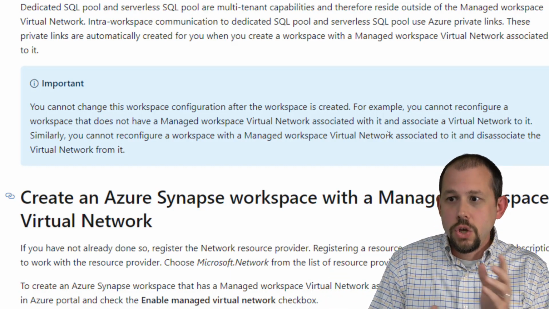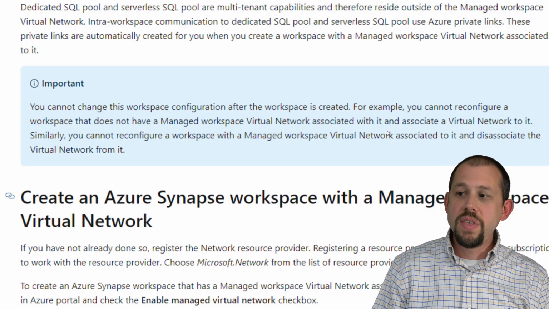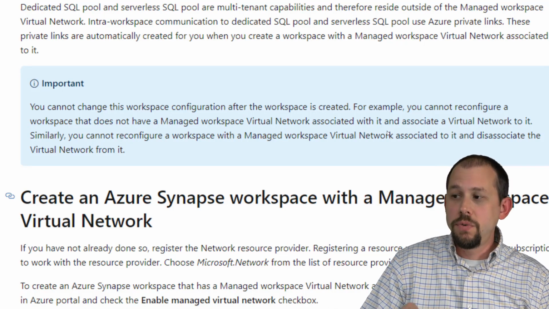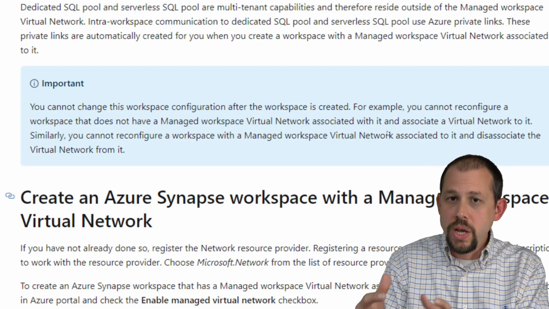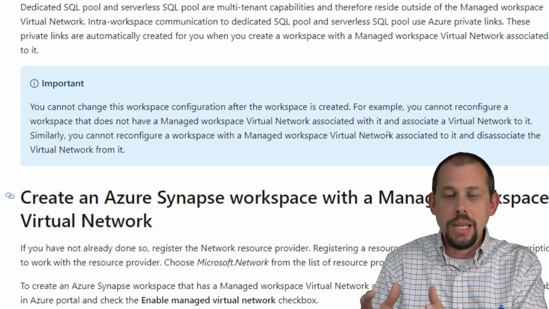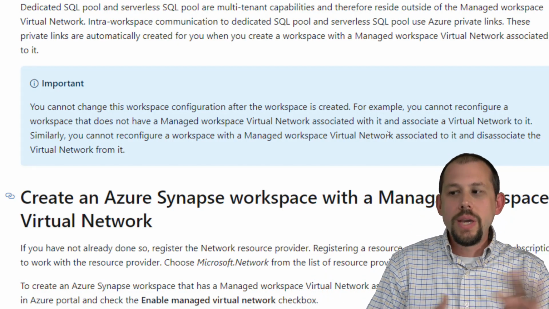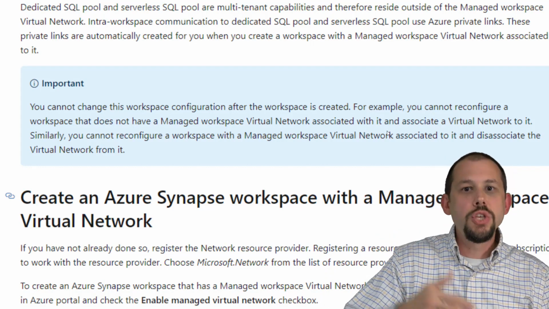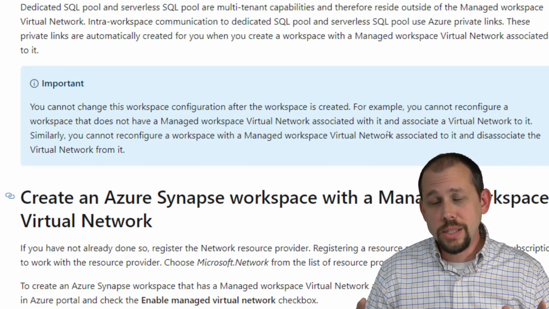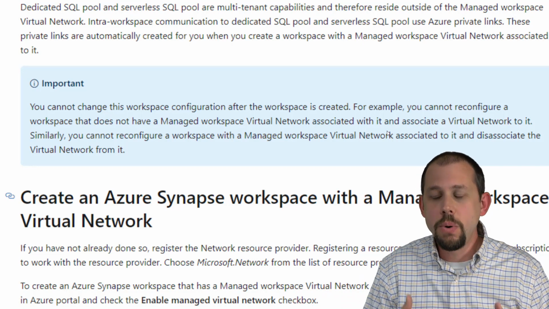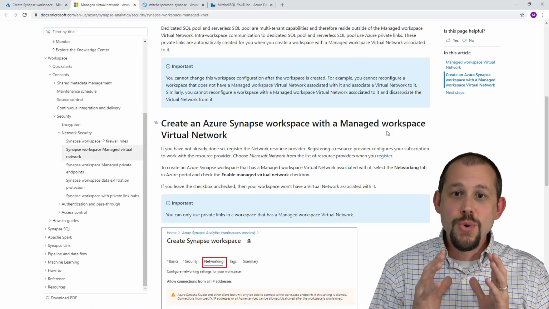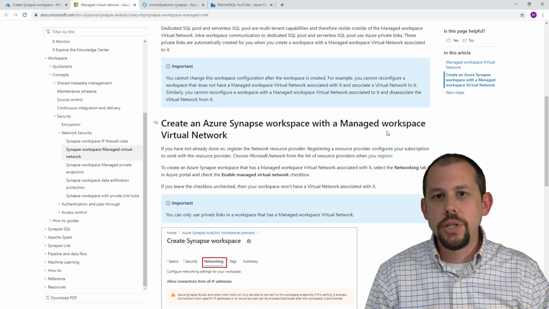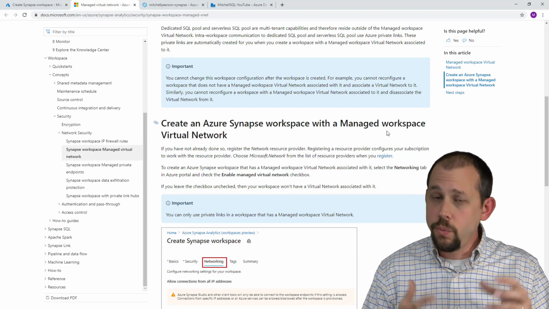Alternatively, you cannot reconfigure a workspace with a managed workspace virtual network associated to it and disassociate it. So if you create it with a virtual network, it's there, it exists, it lives. That's just the way it is. You can't get rid of it. And if you create it without it, you can't add it. I don't know if this is going to change in the future. I just don't know. But what I do know from reading this definition right here is that you want to make sure, when you provision your Azure Synapse, if you're going to be locking this down, which is recommended,